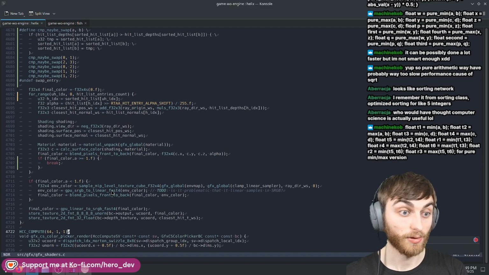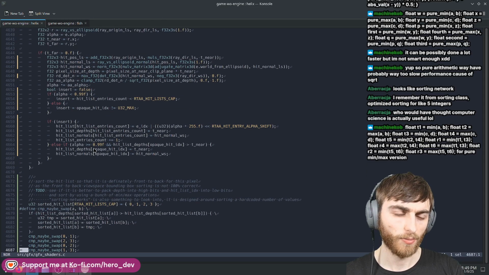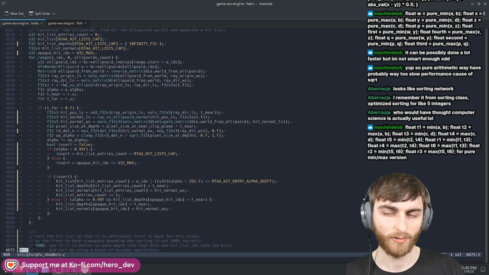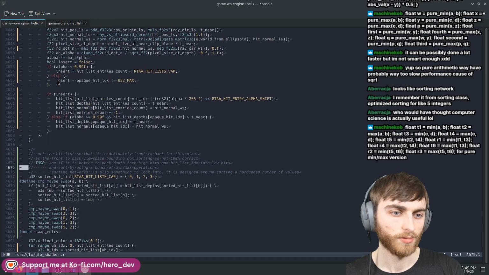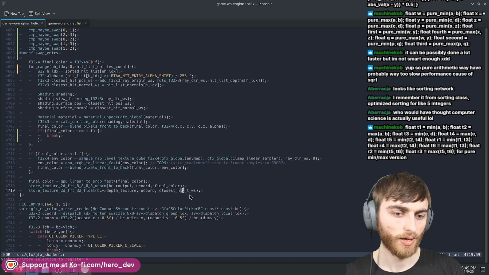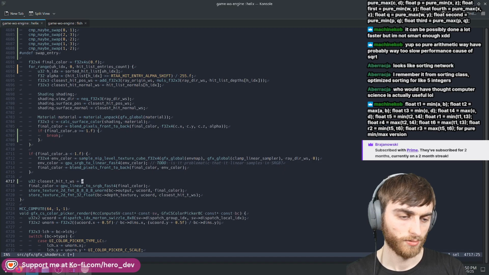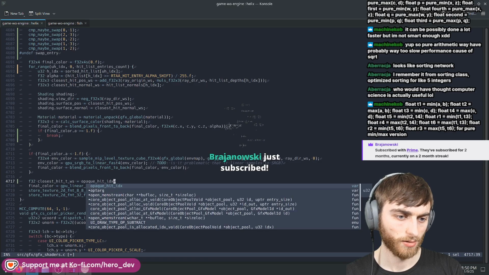Oh, closest hit T. Well, we probably only want to render out the opaque hit index. Now, if there isn't an opaque, then it's still infinity, I think. So we want to say closest hit T or whatever, that it is equal to opaque